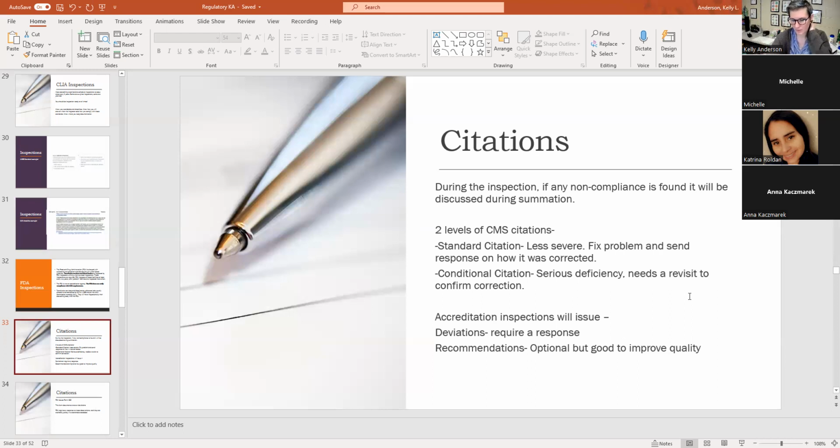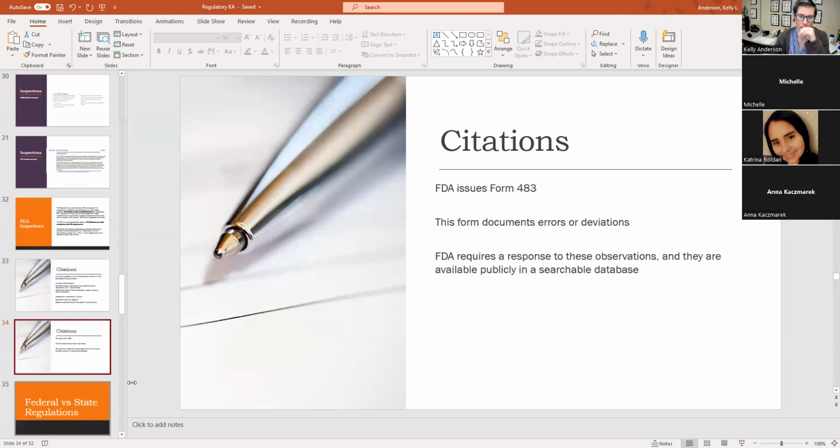And depending on the inspector, sometimes you're like, oh, that's overkill, I'm not going to do that. But sometimes they are really good recommendations that can help your workflow and help clean things up. So sometimes you do want to take those recommendations. And then when the FDA inspects you,